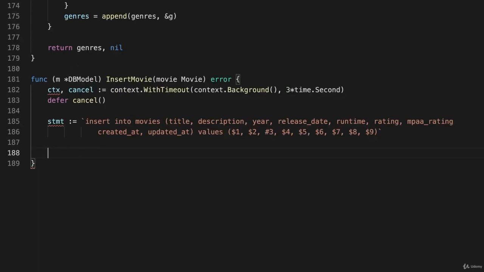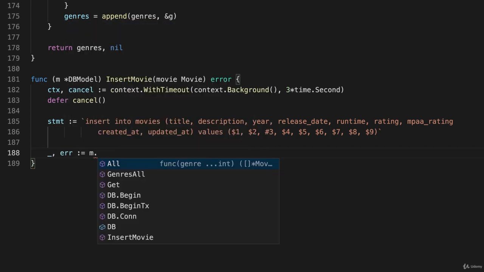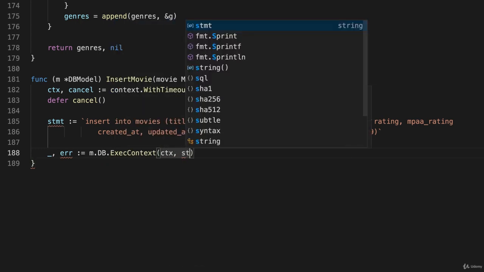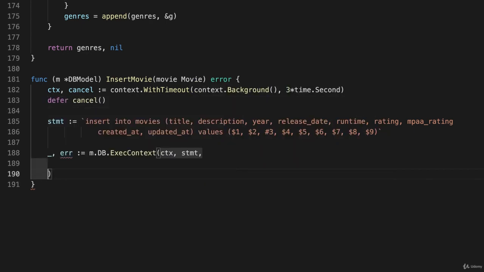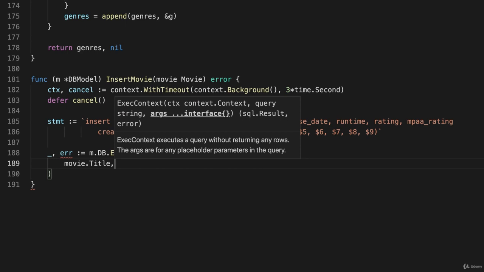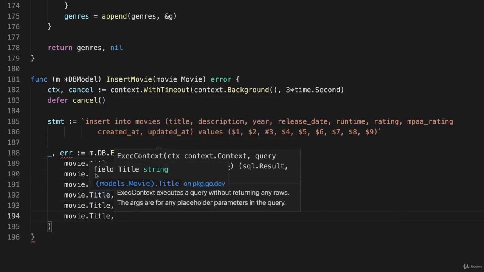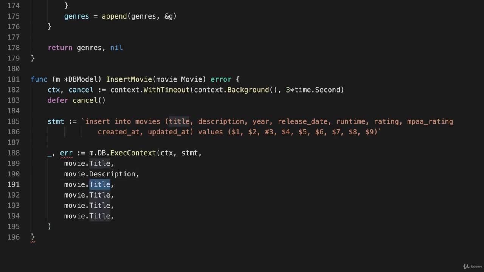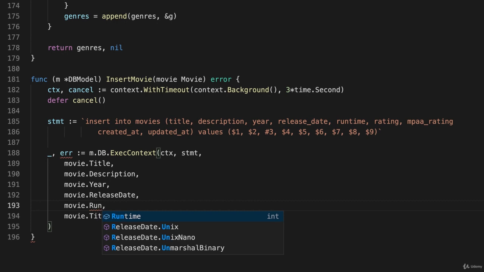Now, let's ignore the first return item, but check for the error. And we call m.db.execContext. Hand it the context, hand it our statement, and now we just put in all of our entries. So movie.title, and I'll duplicate that a few times. The second one is the description, then the year, then the release date, then runtime,